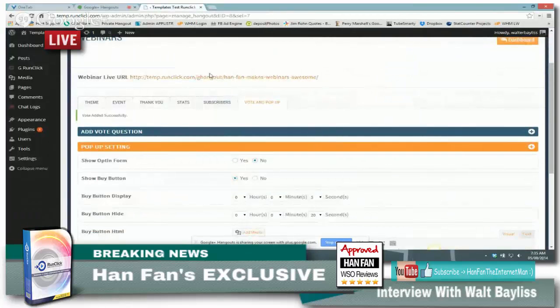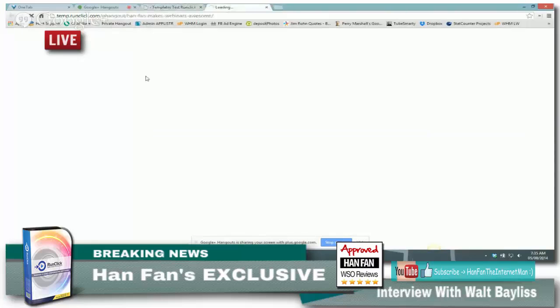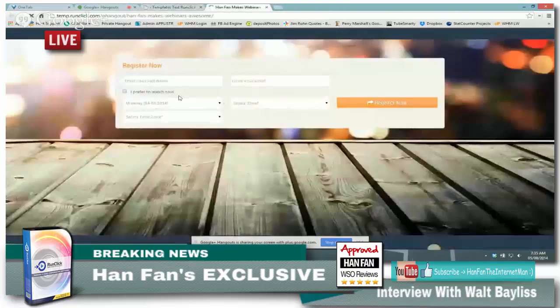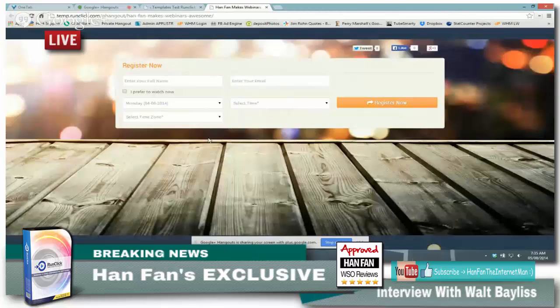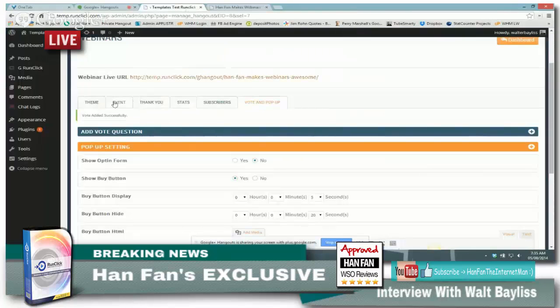And on that page is one of the other awesome features we've got, called evergreen webinars. I talked about lead capture, being able to capture somebody's name and email address. So this is what we're talking about with evergreen webinars. Somebody comes to the page, and I've just designed this page with a full page background image. You can see that there in social sharing. We do that all from within RunClick, and let me show you.